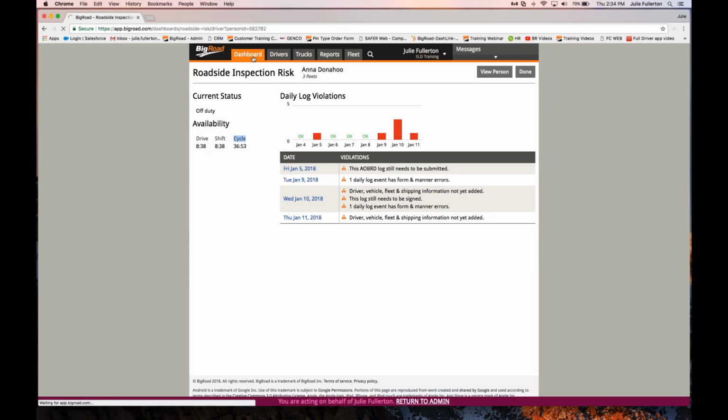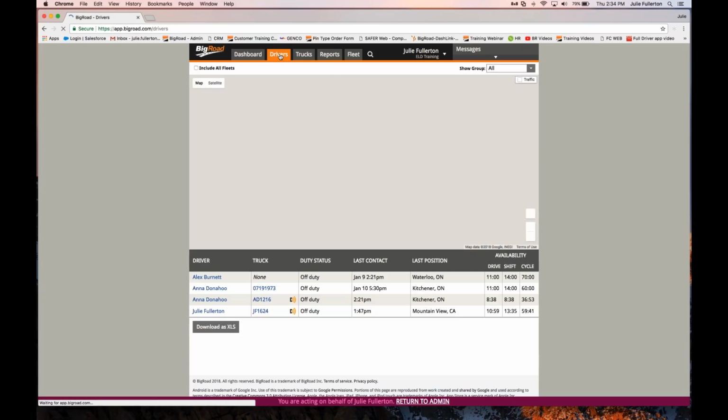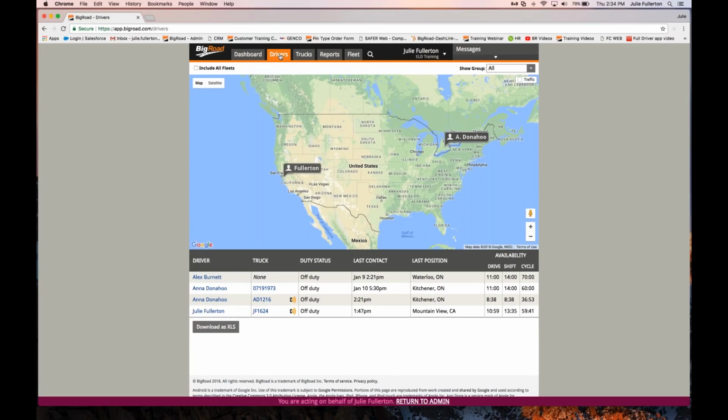So that's the dashboard tab. This will show you where the violations are, who's in violation, and give you a brief breakdown of what the violation is. The next tab I'll take you through is the drivers tab. The drivers tab will populate a list of all of the drivers within your fleet, and then it'll show you a map. The map will just show you where your drivers are,